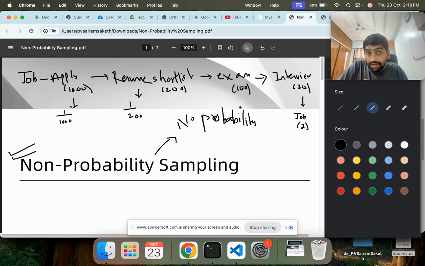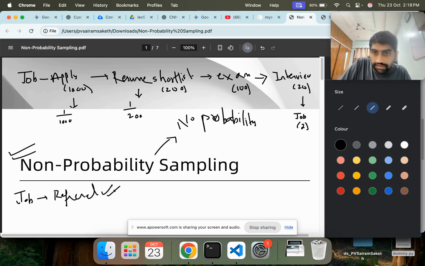But if you got the job directly through the help of a referral, is there any probability involved here? No. But the problem with this non-probabilistic approach is